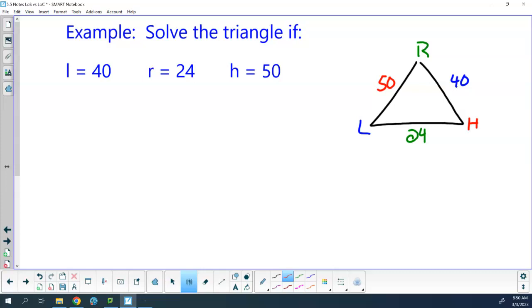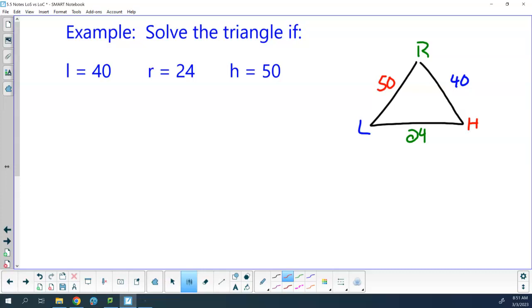Now, this is a side case, right? We don't have any angles. So that's automatically law of cosine. Which angle, L, R, or H, should I find first? R? Do we agree? You think H, okay? Why do you think R? Because it's the smallest, okay? Why do you think H? Because it's the biggest. Both of you are correct in that R is the smallest, H is the biggest,